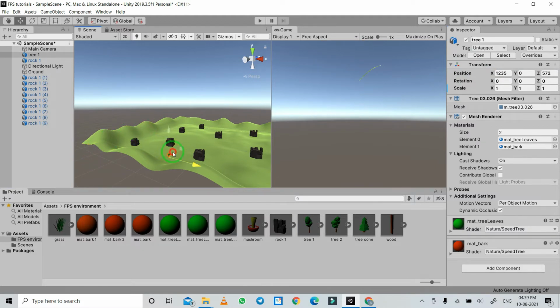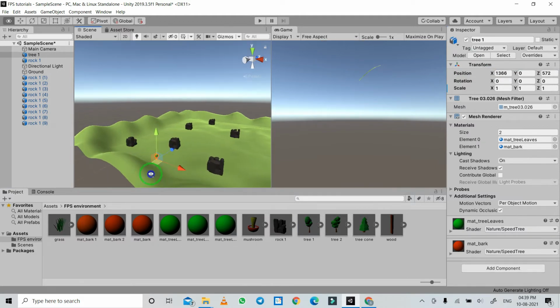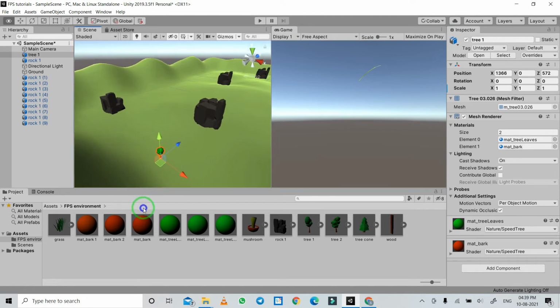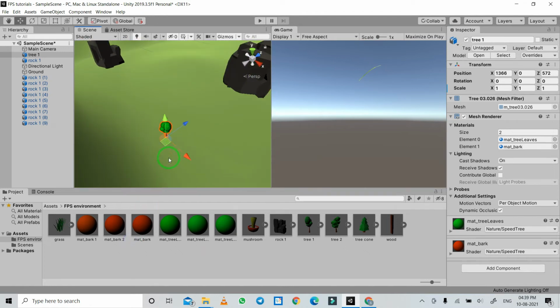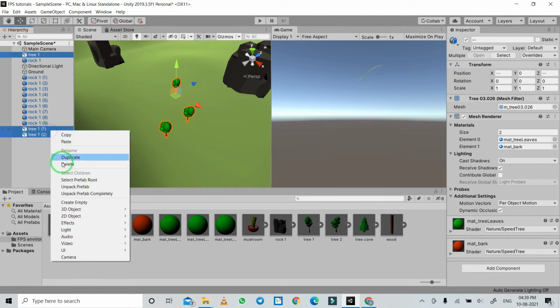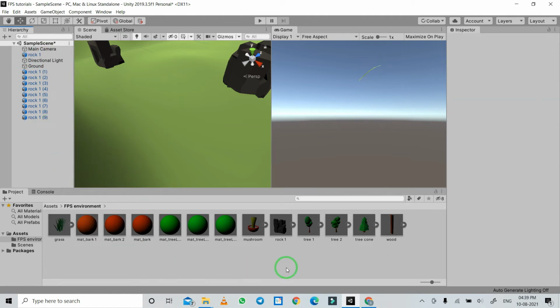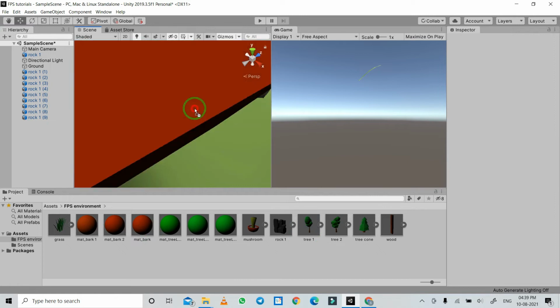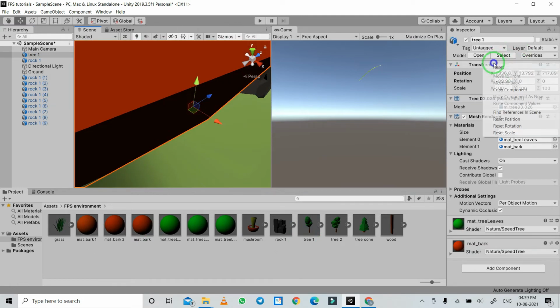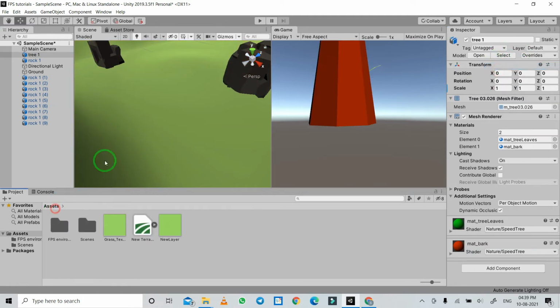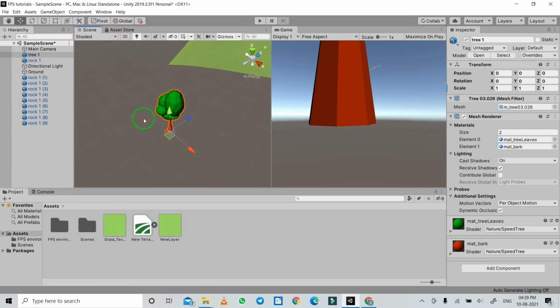So like you can see here, if I try to put them one by one, then it's a very difficult job, right? So instead of doing this, I will first put that in the scene, then reset their transform, and then make a prefab of it. And similarly we will do this to make other prefabs also for other trees.